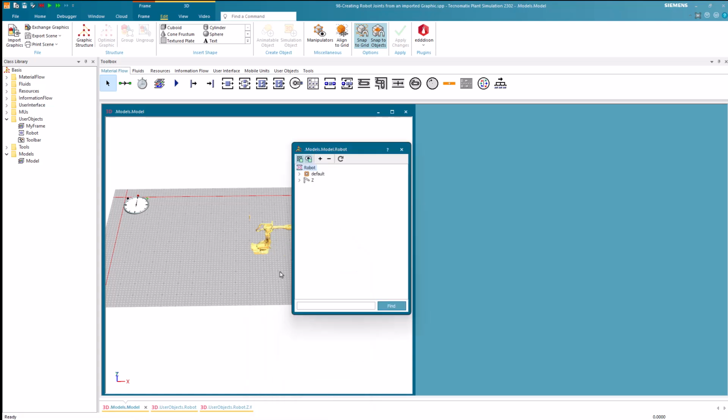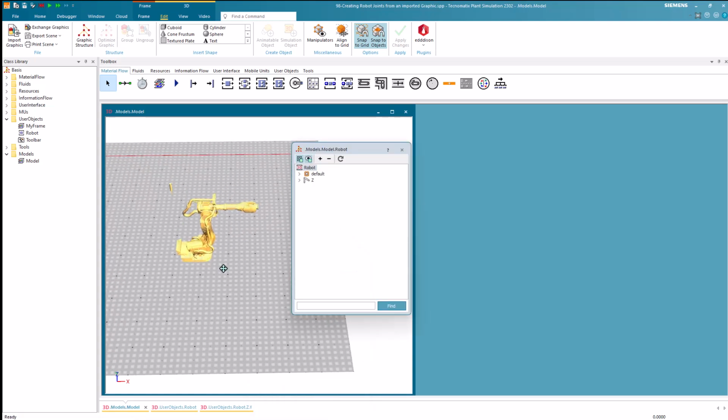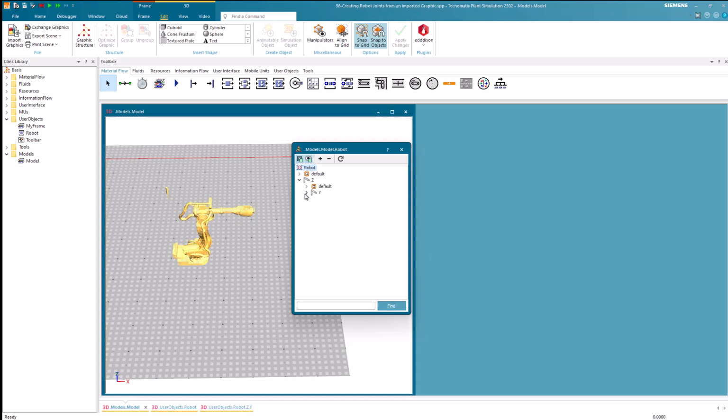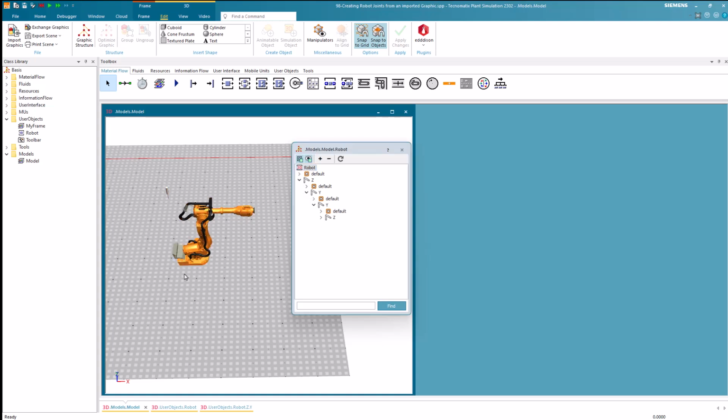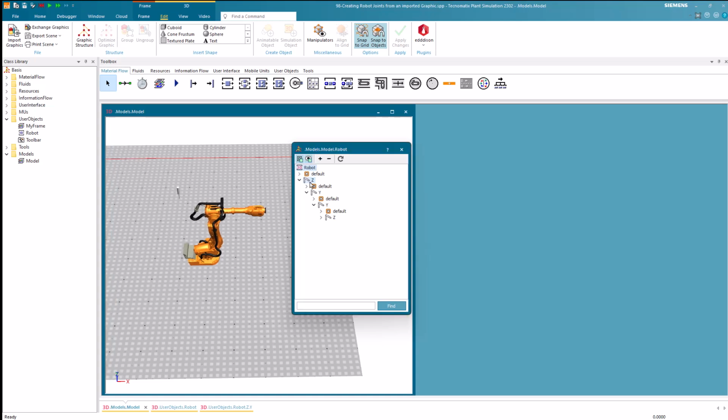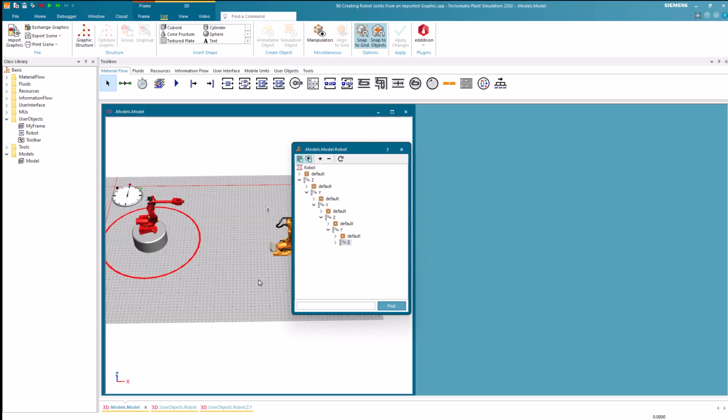If we now iterate over the nodes, we will see that the joints are highlighted in the frame. Additionally, we can compare the structure to the structure of the Comau robot, and we'll see that they align with each other.